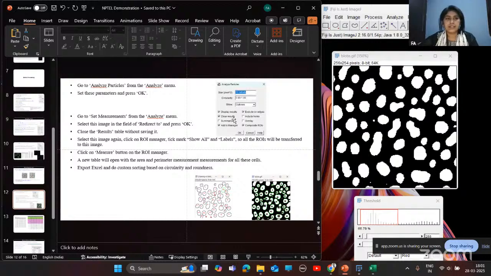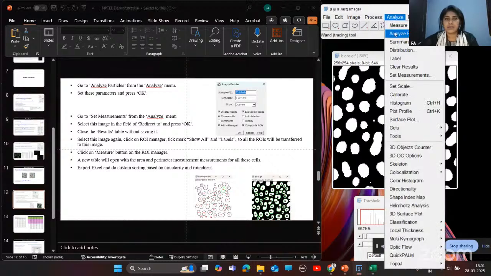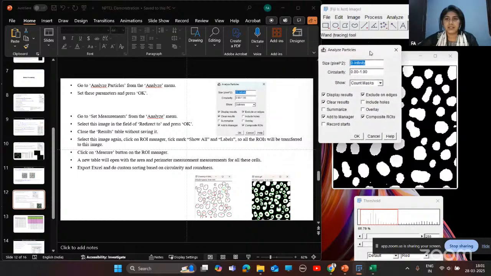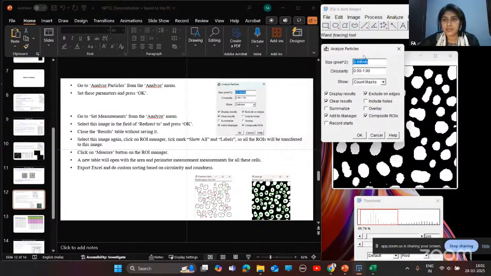Next, we need to analyze all these objects or your cells. For this, you need to go to Analyze Particles, and in this Analyze Particles window, you need to put these values. The size in pixels should be 10 to infinity, and circularity 0 to 1.